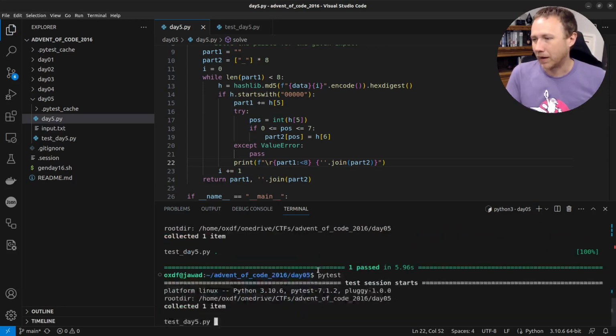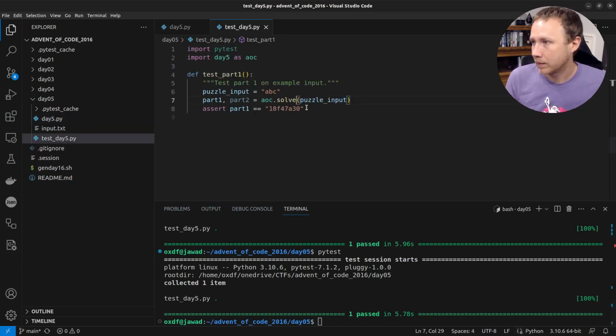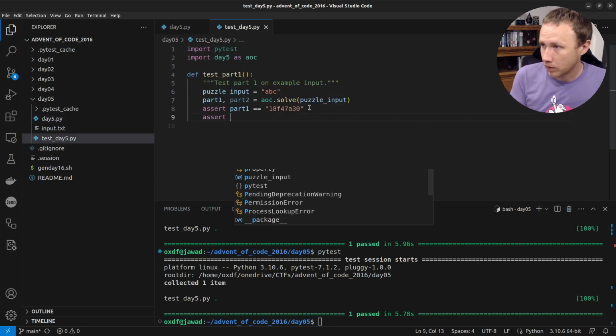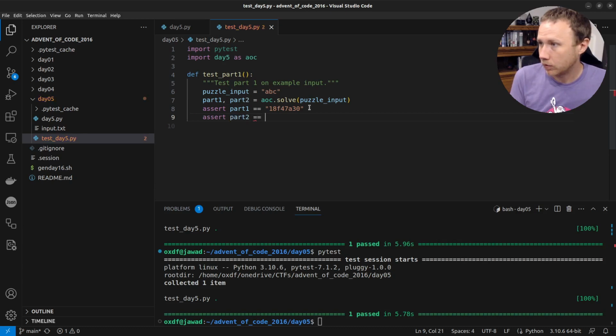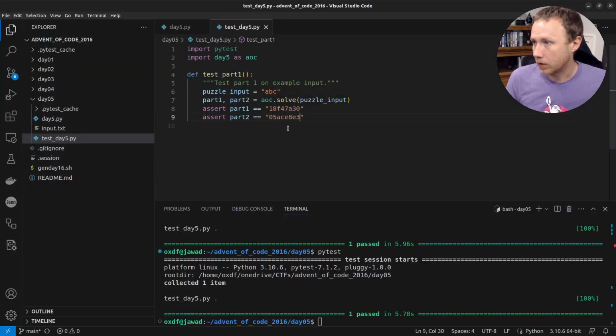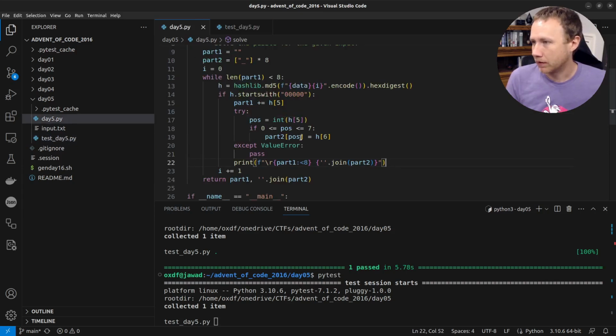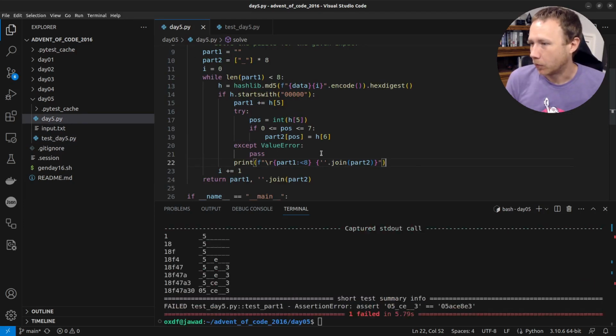Let's run it in PyTest. PyTest isn't going to show me the pretty output, but we can at least see what's going on. Oh, we didn't. Assert part 2 is equal to, we need to grab that off the code here, for ABC. This seems too easy. I'm assuming we made a mistake somewhere. Well, for one, okay,